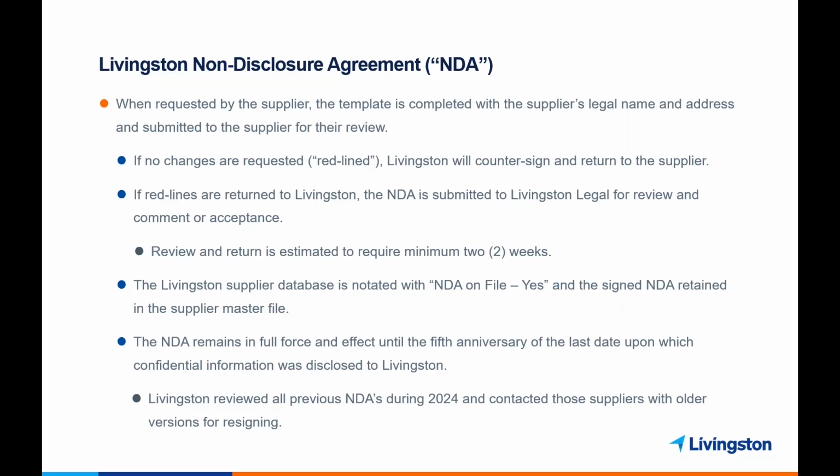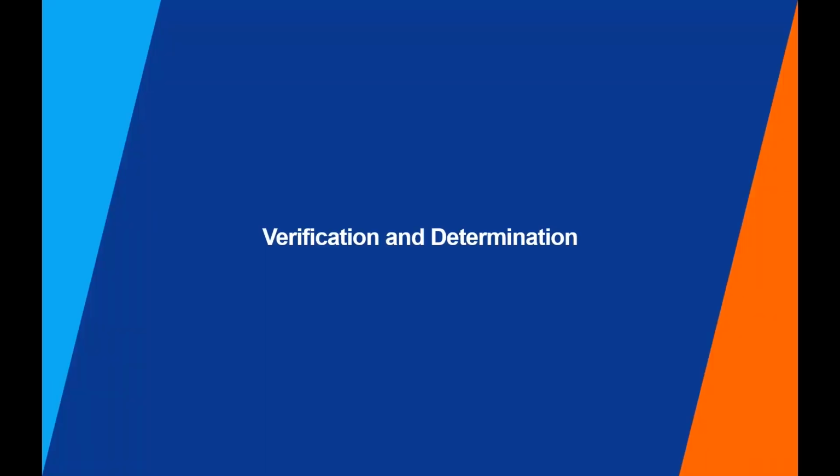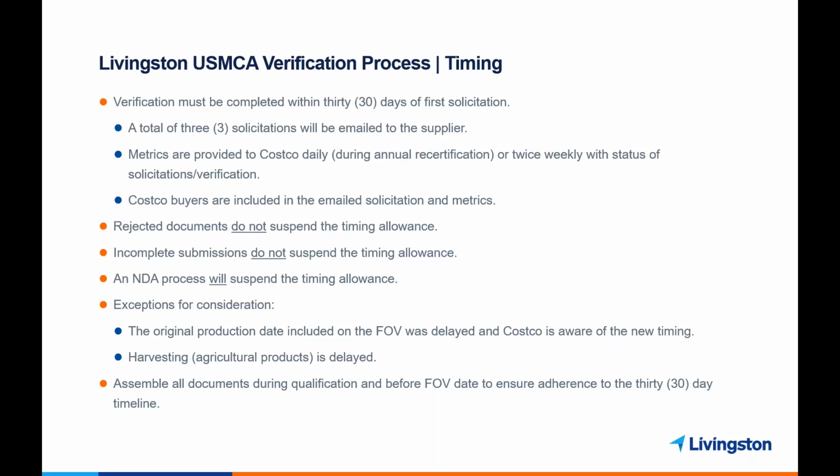Okay, so we're going to start talking now about the actual verification and the steps we take. And I'm going to turn this over to my colleague, Carolyn. Thank you, Tammy. Okay, so